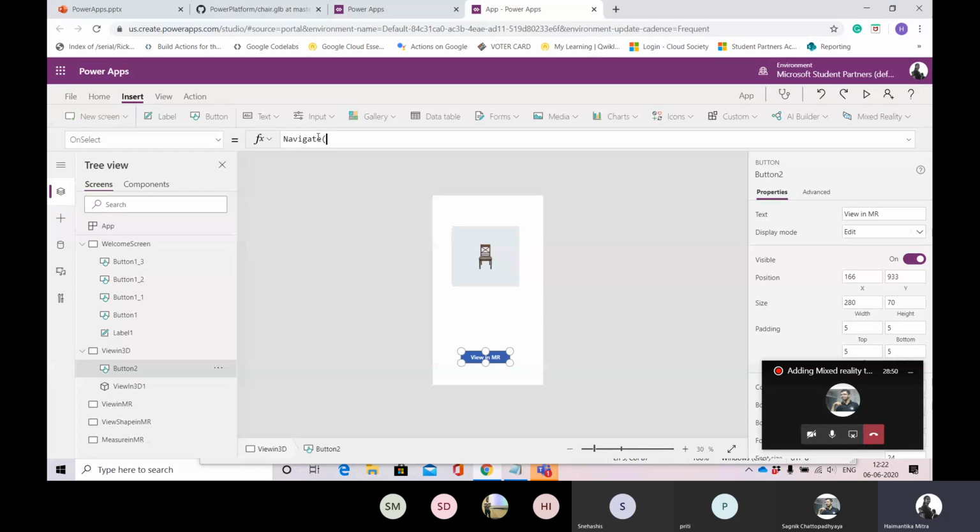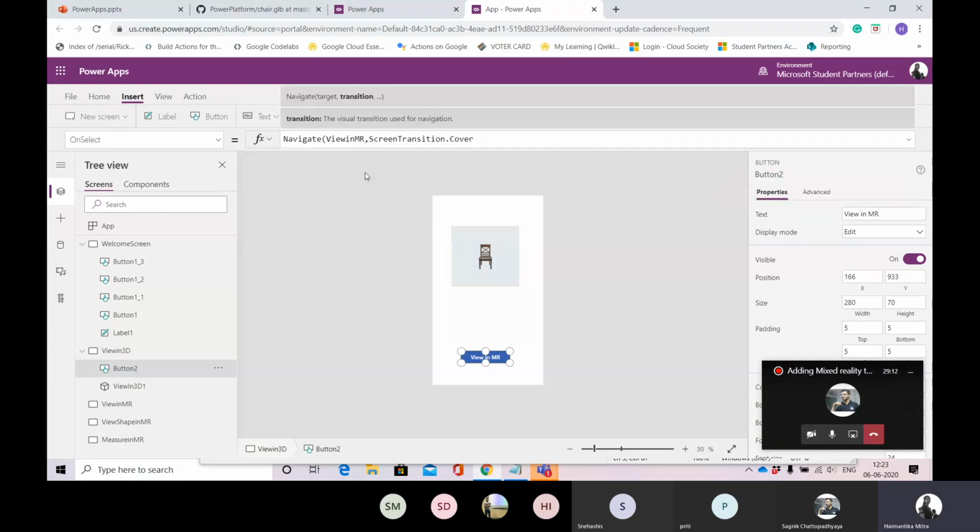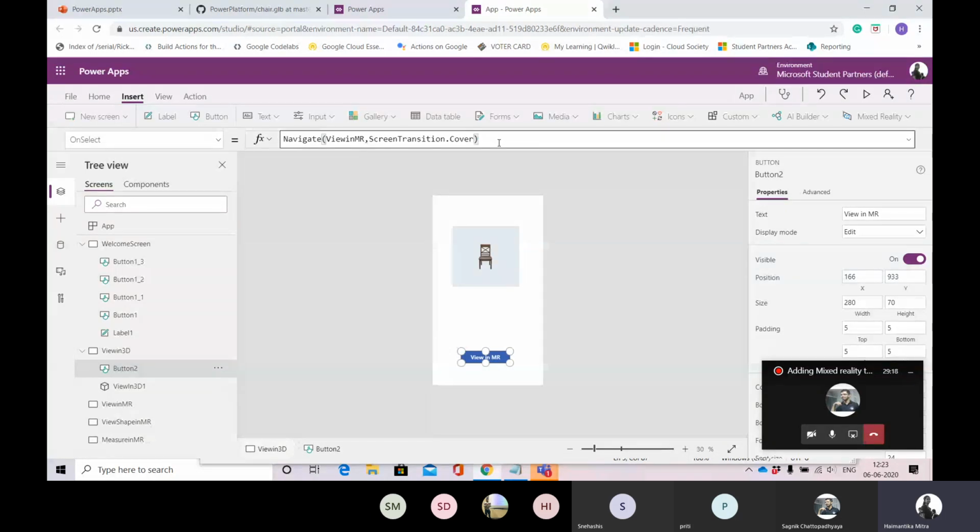Navigate, view in MR, comma. Yeah, so this button is done as well.